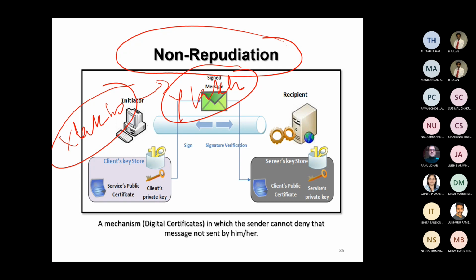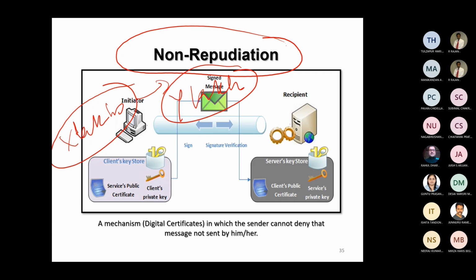At the end of December, in the first week of January 2023, you go back to HR and claim that you have received an appointment order and your salary must have been revised from December 1st onwards, but you don't see it reflected in your January salary. So the HR person says, "Arey Baba, I have not sent you. We have not sent to anybody." So that's called non-repudiation. Non-repudiation is the claim by the sender that the information has not been sent by me.